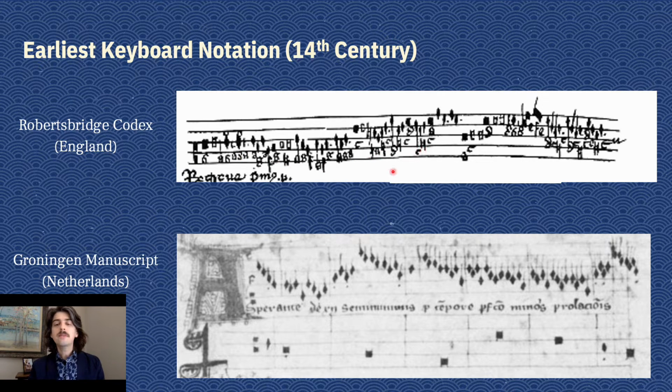In contrast, the intabulations found in the Groningen Library use two 5-line staves, the format still used today. Despite their differences, both systems employ a common layout with practical applications for hand division. Two parallel notational streams, the upper one indicating the notes for the right hand and the lower one indicating the notes for the left hand.